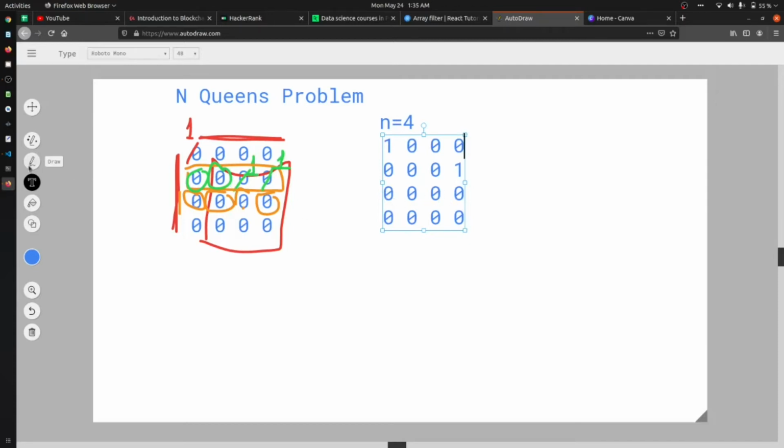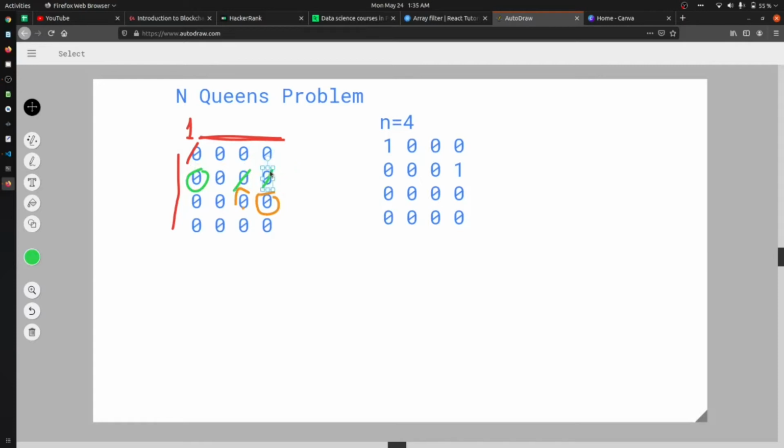Firstly, let me clear all this out. Let's say that I am at this third row.